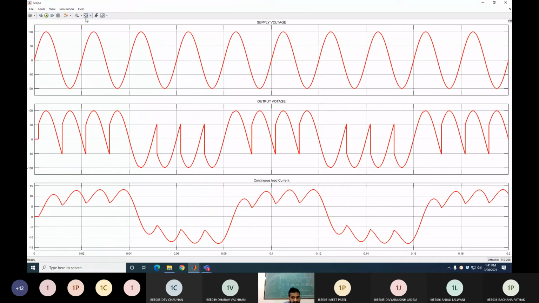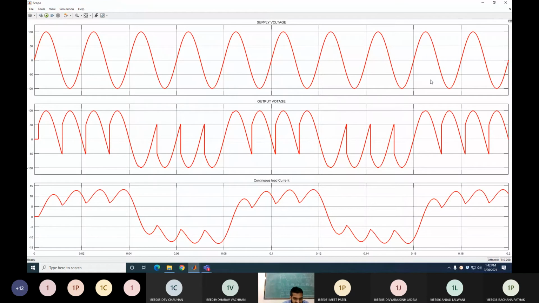Now you can check here clearly. So here you can see the 2.5 cycle of output voltage. This is 1 cycle. This is 2 cycle. This is half cycle. Okay. And because I took the period of 0.2 second, you get the total 12 cycles. This is the total 12 cycles of supply. You get the 2.5 cycles at the output side. Output voltage 1 cycle complete here, 2 cycle complete here, and this is half cycle.